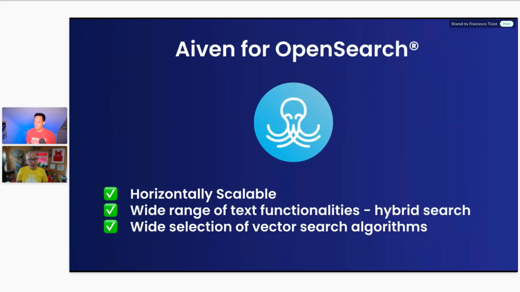So Aiven for OpenSearch. This is the open source version of Elasticsearch. Let's not talk about license changes here. Again, horizontally scalable, works really well with a large range of text functionalities. Hybrid search is a superpower of this service. And what we've heard from our customers is your ability to tune and alter search algorithms, vector algorithms within OpenSearch